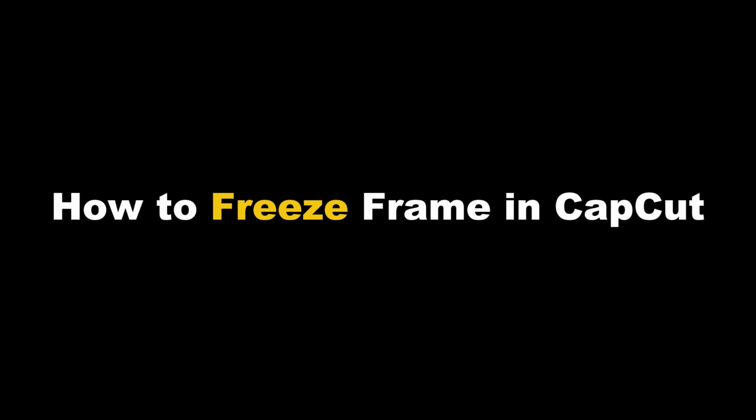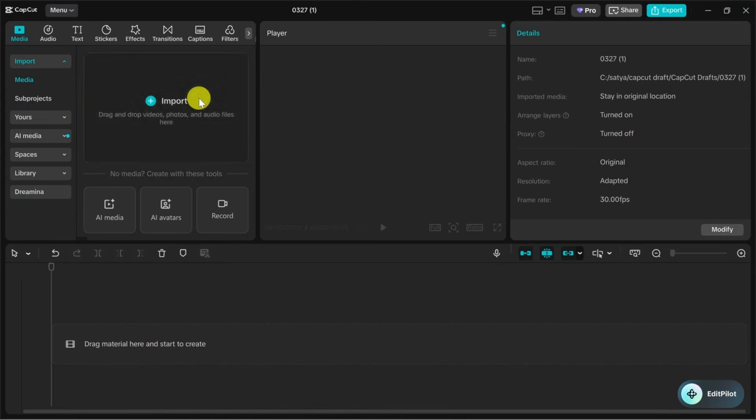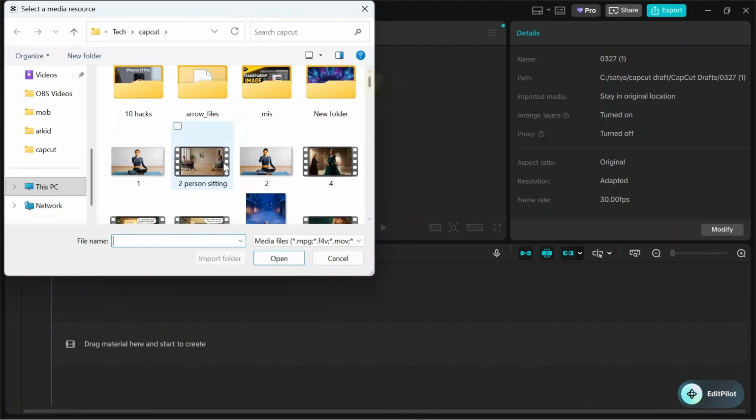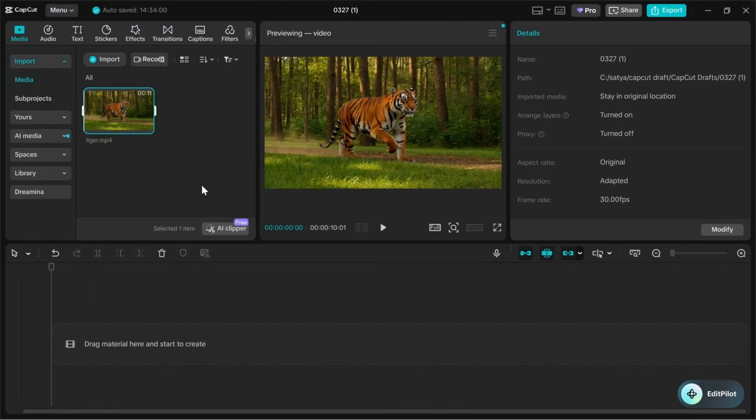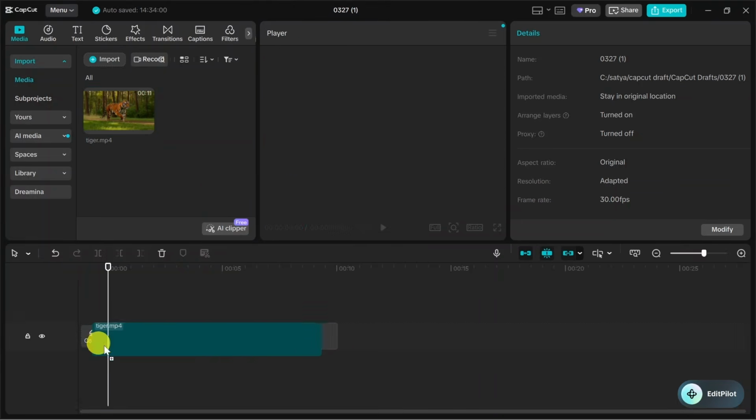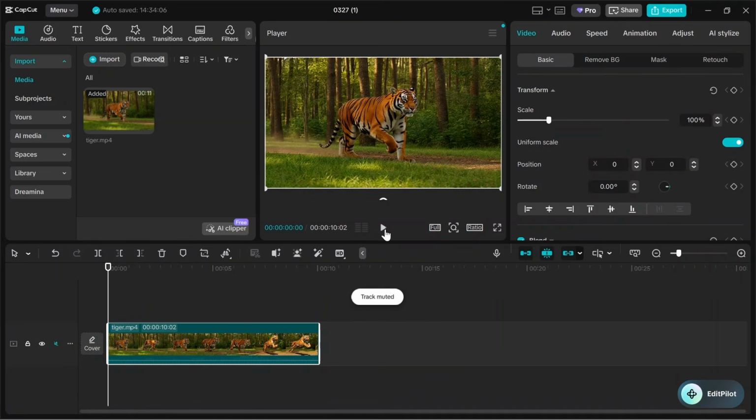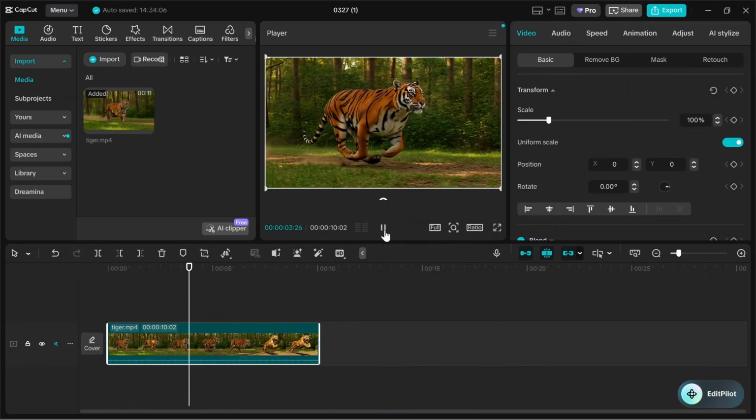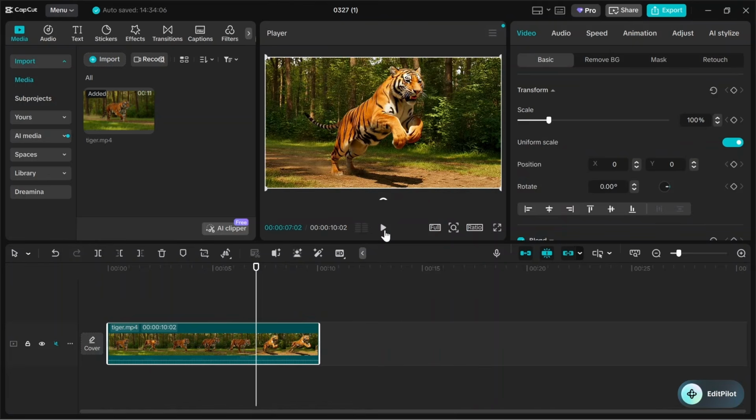How to freeze frame in CapCut. I'll click create project. I'll import one tiger is running video. Let me drag and drop it here. Let me play it. While jumping, I want to freeze it for some time. So here, if you see